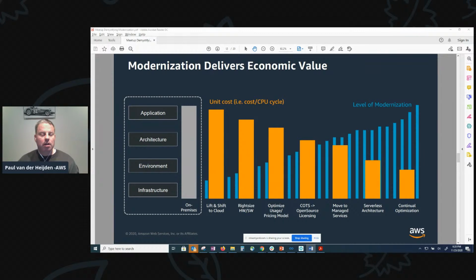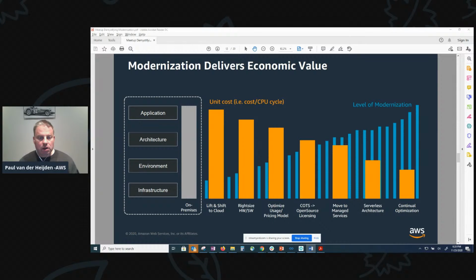Now, that modernization delivers true economic value, and that is really important to understand. So where we've already talked about infrastructure modernization, application modernization, and how the operational implications of modernization, efficiencies, and increase in agility improve that rate of modernization. So that's a really interesting graph. Now, on top of those benefits, increasing modernization adoption leads to increasing economic value.